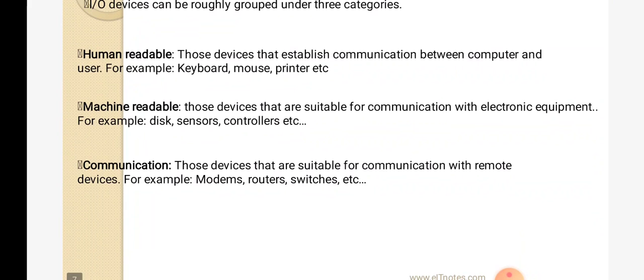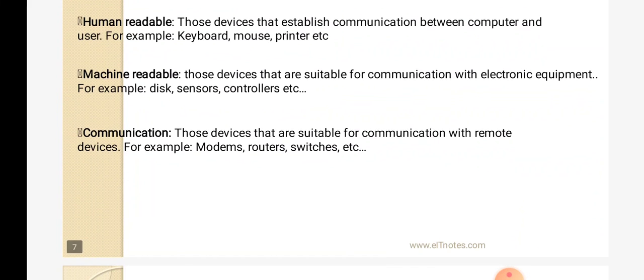Third one, communication devices: those devices that are suitable for communication with remote devices, for example a modem. A modem connects the computer with the internet, and so do routers and switches. Within a computer, buses such as the address bus and control bus are also communication devices.